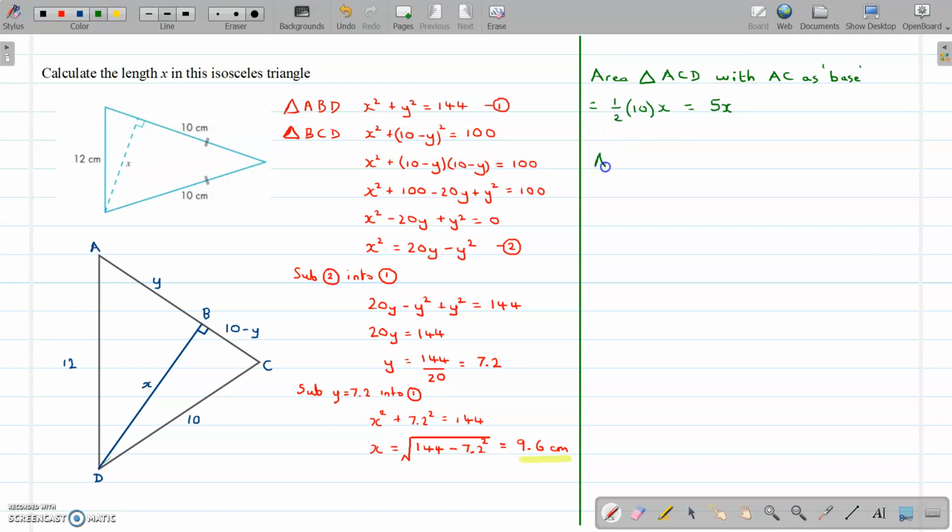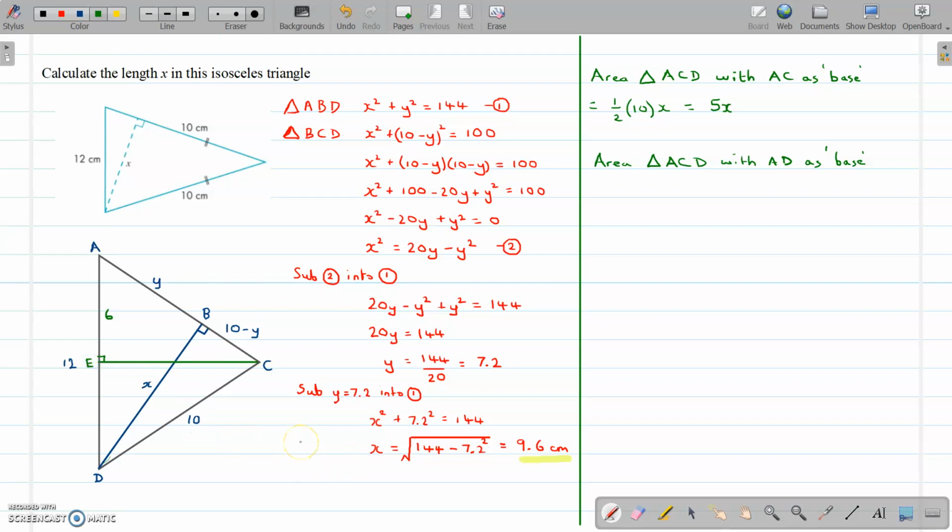Now I'm going to look at the area of the same triangle, but with a different base and a different height. So the area of triangle ACD, not with AC as base, but with AD as base. Now, look what happens. The base is 12. The height, if we do it this way, is going to be this green line I'm going to add here, about here. That green line comes from a right-angled triangle, because there's a little right angle in here. This is going to be exactly half of 12 because it's an isosceles triangle, so this is going to be 6. That's 10. If I call this point E, because I've used A, B, C and D so far,